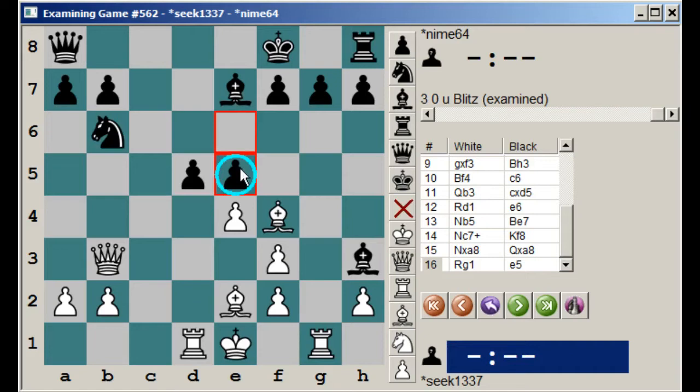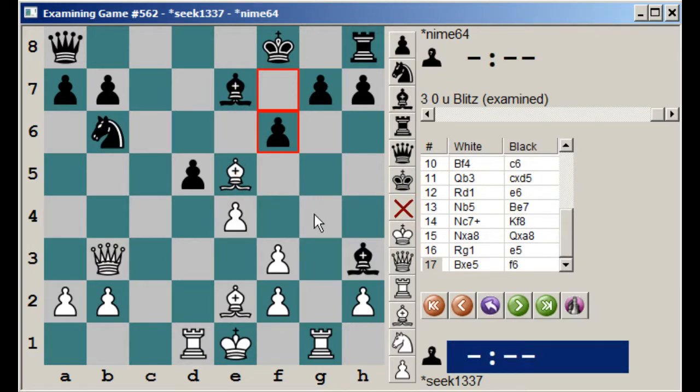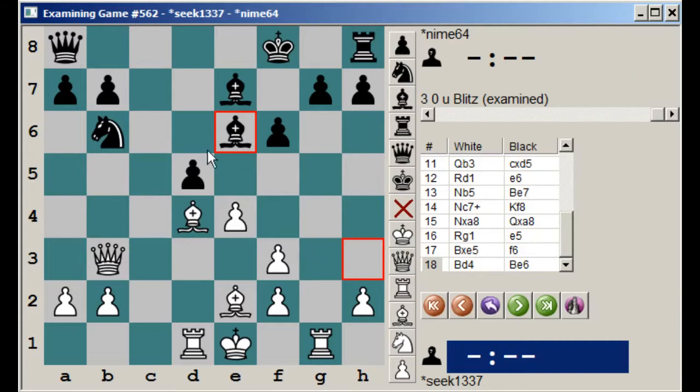e5 is forced, by the way, so that your bishop has an outlet. Bishop takes e5, threatening this. Gotta play like f6 or something. Bishop moves back, and then you get your bishop out. Something like this. But, I mean, white's just up the exchange and has a dominating position, so...